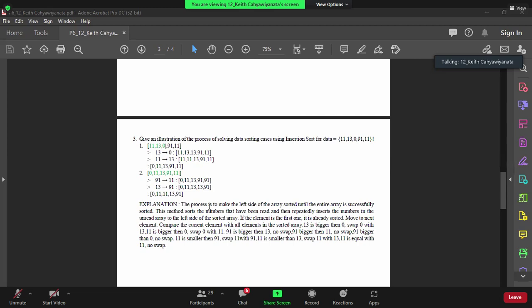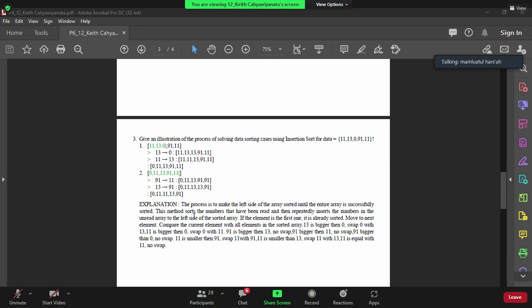So the first thing is 13 is bigger than 0. Swap 0 with 13. Sorry, we don't do a swapping process in here. I mean, typo in here.